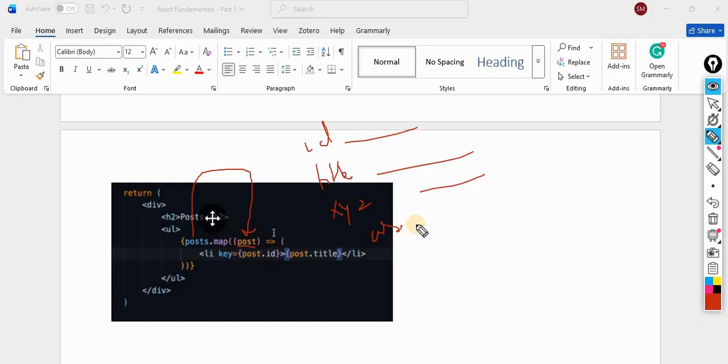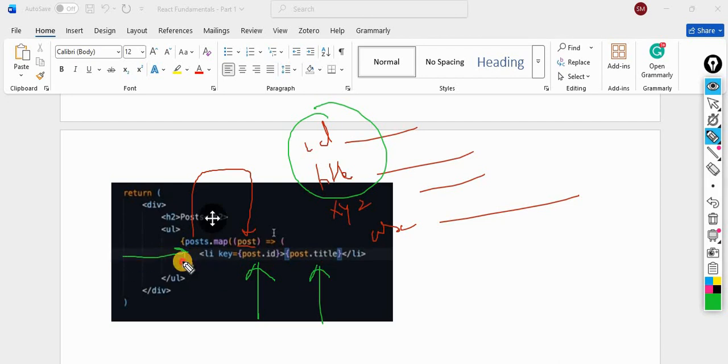But we require only the ID and title. So we are extracting the ID and title, which will come in the form of a list. Is this clear?